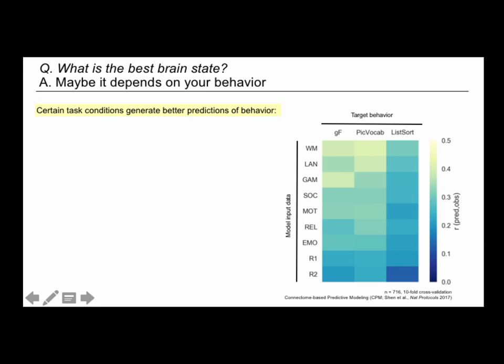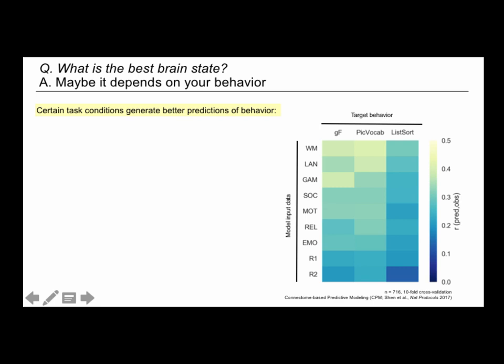So here, this is a matrix of how well we're able to predict certain behaviors based on certain input data or certain scan conditions. And so here we have the fluid intelligence measure that I've talked about. This is a measure of vocabulary, and this list sort is a working memory task. And the takeaway that I just want to point out here is that the rest scans actually did the worst. These are still significant, so they're above chance,